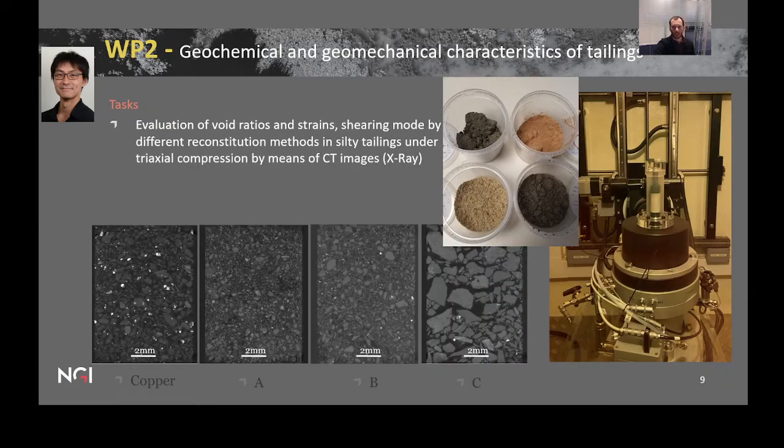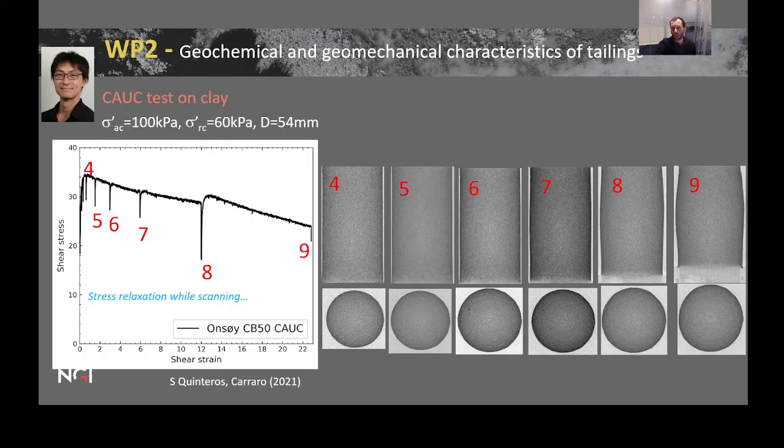A second task in work package 2 is the evaluation of void ratios and strains and shearing mode by different reconstitution methods in silty tailings under triaxial compression by using CT images. We are currently using for these analyses different copper and gold tailings. The CT images are taken during all stages of triaxial testing, from reconstitution, flushing, saturation, consolidation and undrained loading, and provide